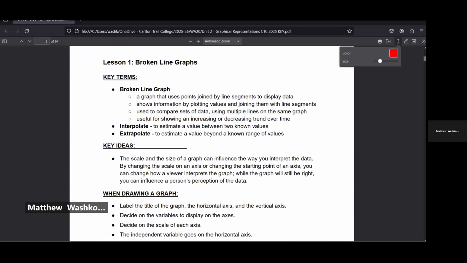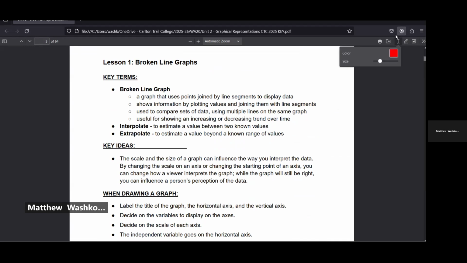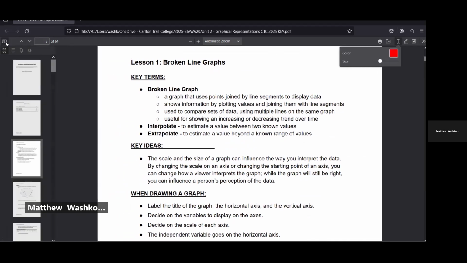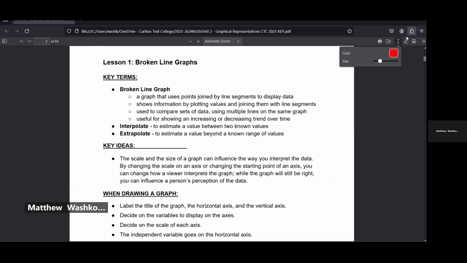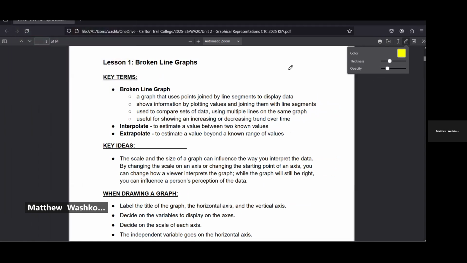So we're going to start out here with broken line graphs. Now I'm just going to be trying to, can I highlight? Do I have tools for that? I don't have a highlight tool, sadly. Sorry, I'm just figuring this one out myself. This has some cool new features, but also some ones that aren't so great. So okay, starting out here,